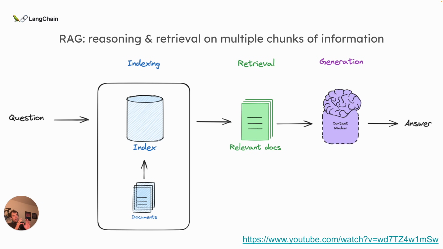It's maybe first worth grounding on what RAG is. RAG is really the process of reasoning and retrieval over chunks of information that have been retrieved. It's starting with documents that are indexed. They're retrievable through some mechanism, typically some kind of semantic similarity search or keyword search, or other mechanisms. Retrieved docs are then passed to an LLM, and the LLM reasons about them to ground the response to the question in the retrieved documents. So that's the overall flow. But the important point is that typically it's multiple documents and involves some form of reasoning.